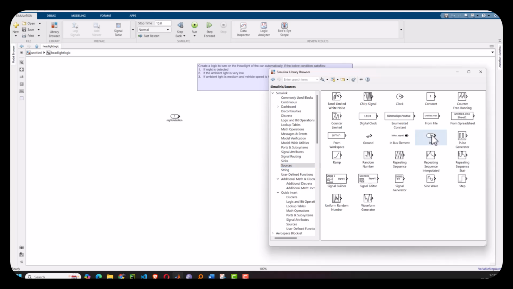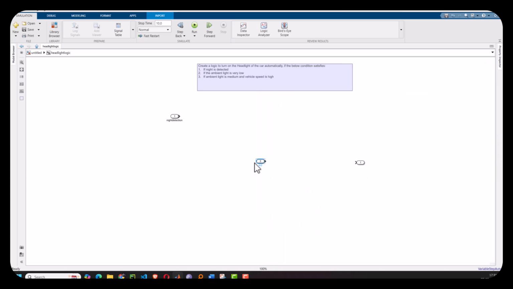Simply select input, right click, add, one more time right click and add. So this will be my third, and I will say speed, and this will be my second, so I will say ambient light. And my output is this one,